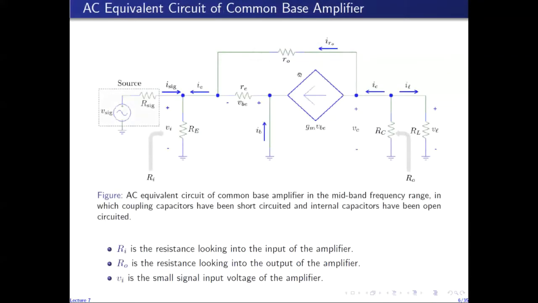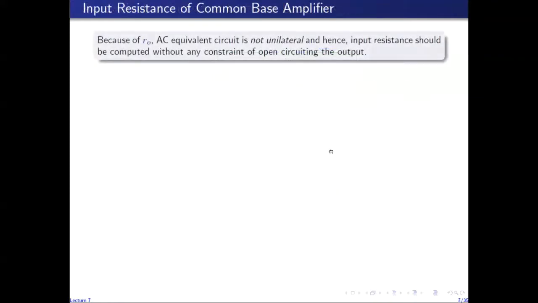So again, you can see that if we consider R naught, then this model is not unilateral, because there is a path from the output to the input through this R naught. So any change in the output is coupled with the input. So output can affect input, and this is not unilateral. Considering R naught, this is not a unilateral model of the amplifier,